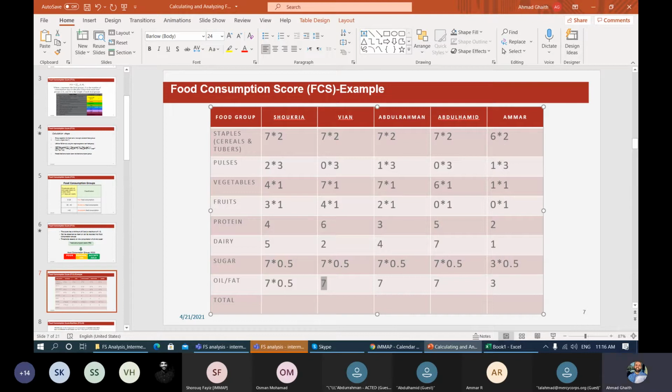Maybe because of their calories intake. Yes, the energy that you can take from vegetables and fruits is lower than others. Low energy. Yes. Okay. Of course, low energy, and this is also low protein. Yes. Exactly.